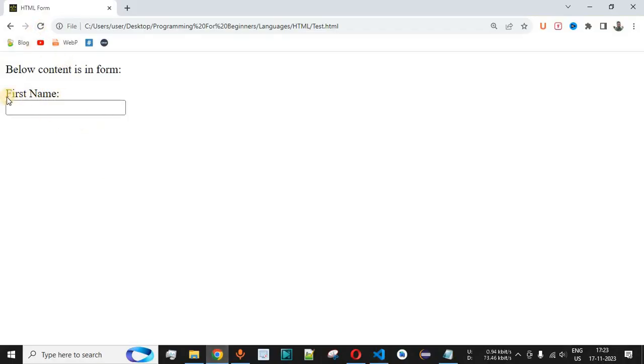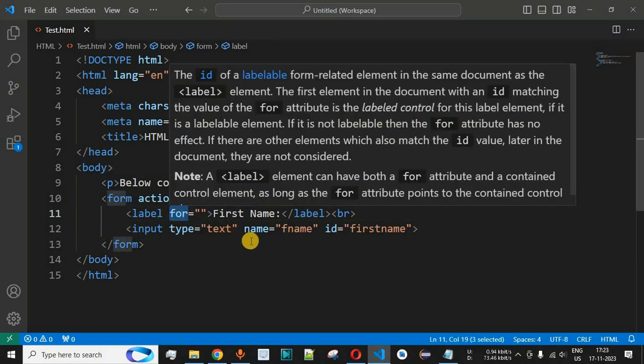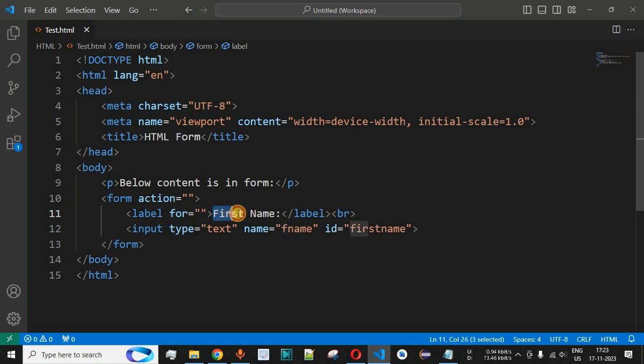So as you can see, now we are having a text box over here that will allow the user to provide the input inside the text box in this case. Now guys, what is the importance of this for attribute over here? So basically inside the label tag we have the for attribute so that the user can simply click on this first name. So what will happen is, the ID of the input tag that will be provided inside this for attribute will be activated.